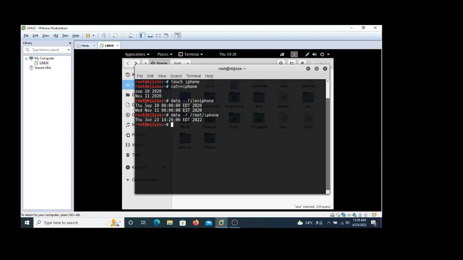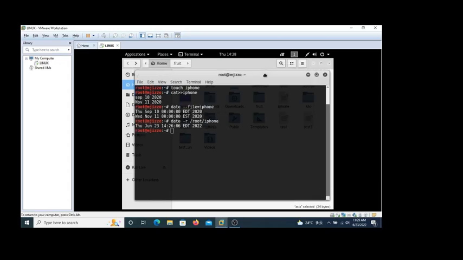Okay, this is it. This is the last time when it was modified. If we come to check the properties of this file,